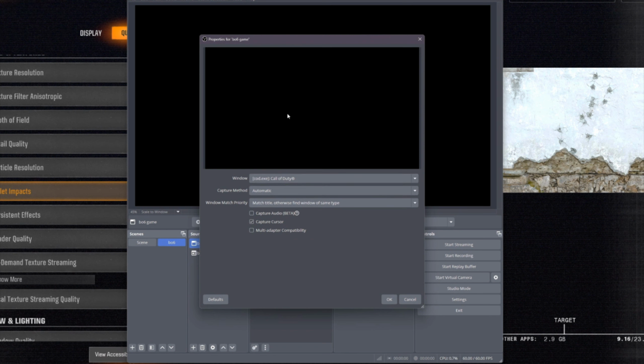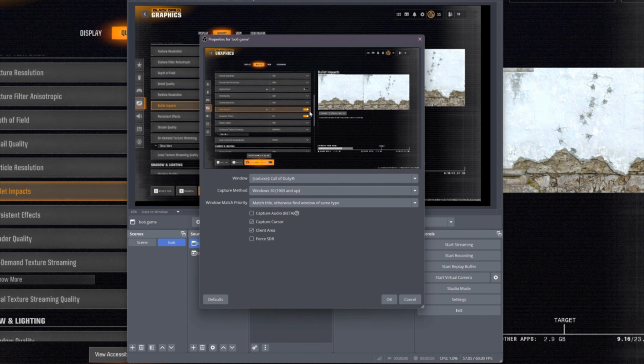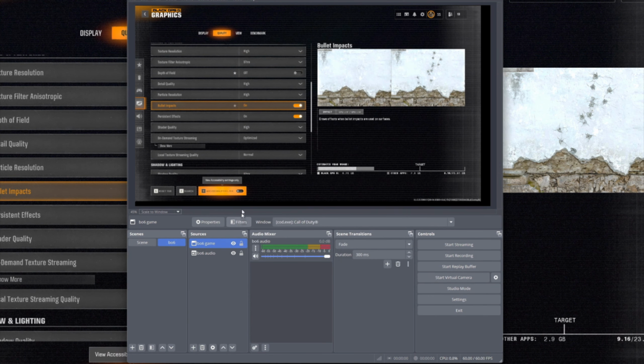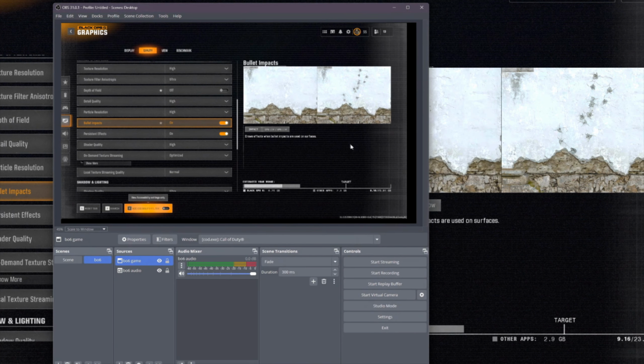Sometimes it might take some time for it to figure it out. You can also choose which capture method, but sometimes you have to just press Windows 10. Then push OK. Now you can notice that